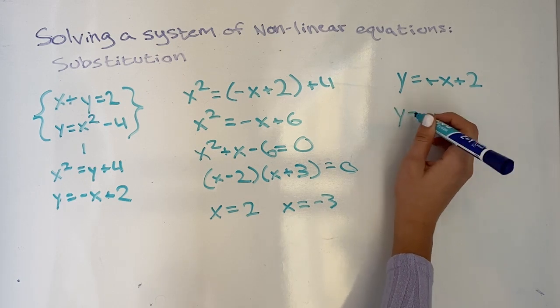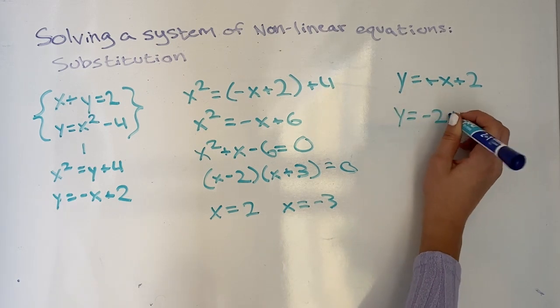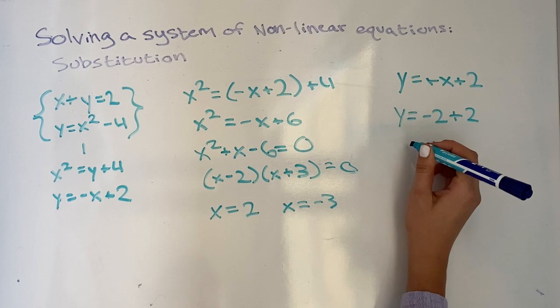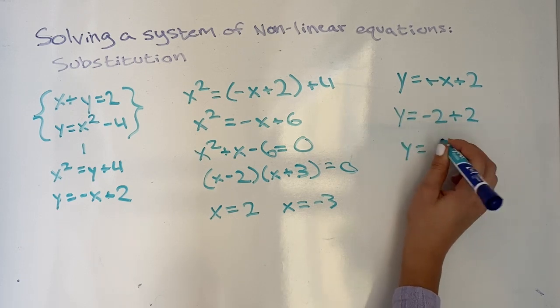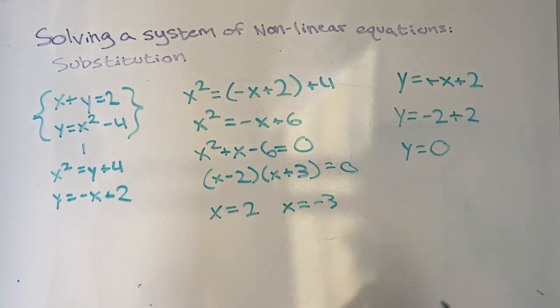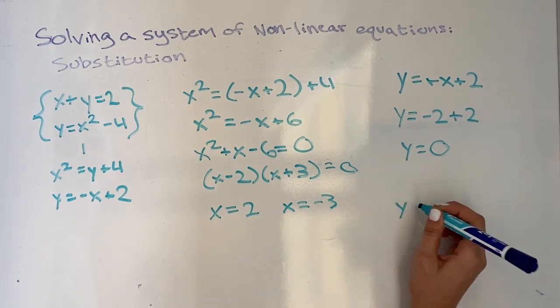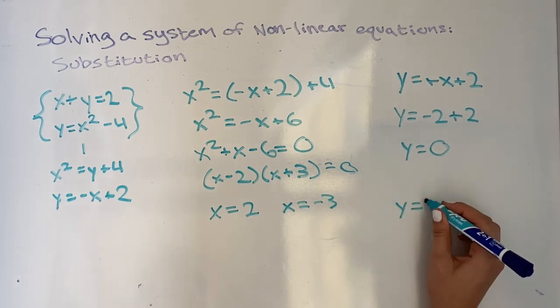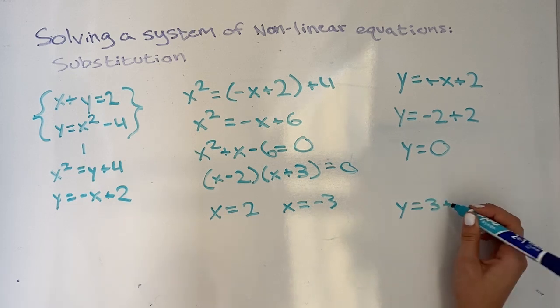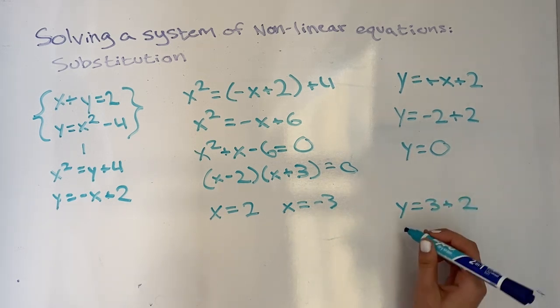So y equals negative 2 plus 2, which means y equals 0. And now we'll plug in negative 3 and we'll get y equals 3 plus 2, which is obviously 5,